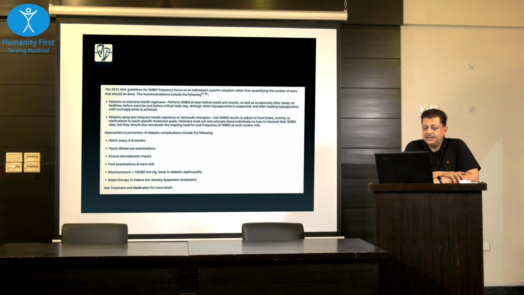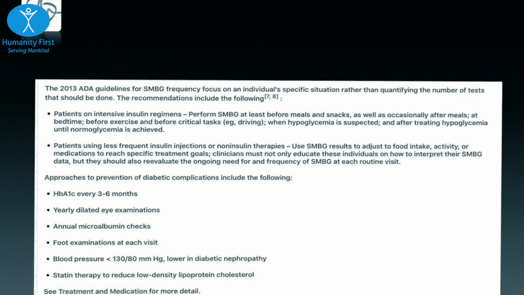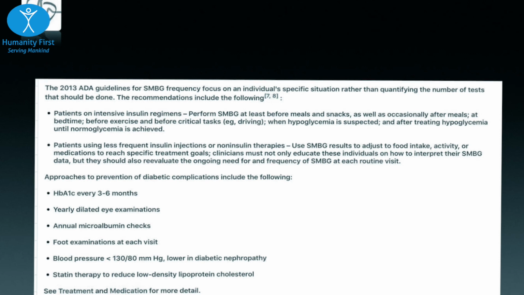2013 ADA guidelines. Patients on an intensive insulin regimen perform SMBG at least before meals. SMBG simply means checking your blood sugar at home before meals and snacks, as well as occasionally after meals, at bedtime, before exercise, and before critical tasks like driving. Also when hypoglycemia is suspected, and after treating hypoglycemia until